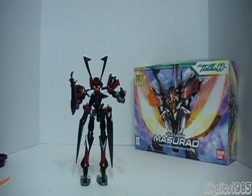Now, I'm going to have to say right off the bat that this is going to be a negative review of this model kit. I really am disappointed with it. That's not to say that I don't like the mobile suit design. What I don't like is how Bandai engineered the kit, and it shares some of the same flaws as the 1 to 144 high grade flag